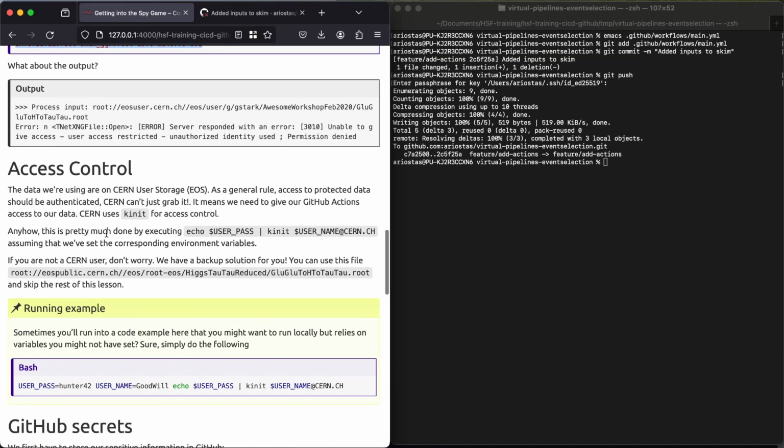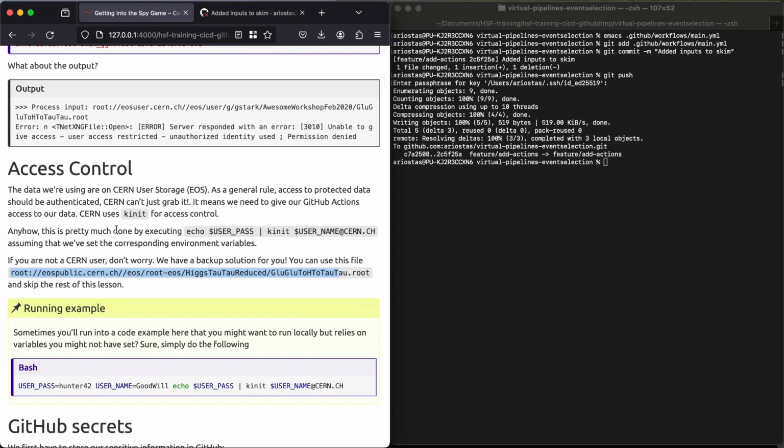By the way, if you're not a CERN user, what you can do is you can replace this input file by this other input file, which is in public storage, and you can simply skip the rest of this lesson. But if you are a CERN user, then it is useful to learn how to use these files that are restricted under